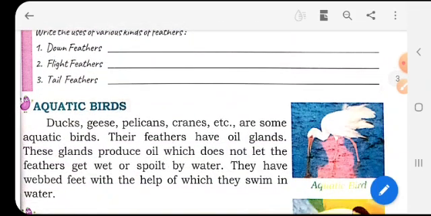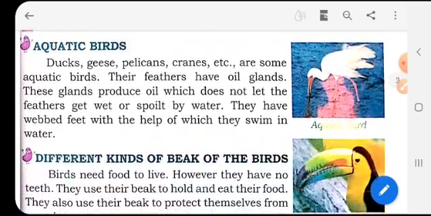Then we have the aquatic birds. Aquatic means the birds that live in water. Ducks, geese, pelicans, cranes, etc. are some aquatic birds. Their feathers have oil glands. So the feathers of these birds, the ducks, geese, pelicans, cranes, have oil glands, and these glands produce oil which does not let the feathers get wet or spoilt by